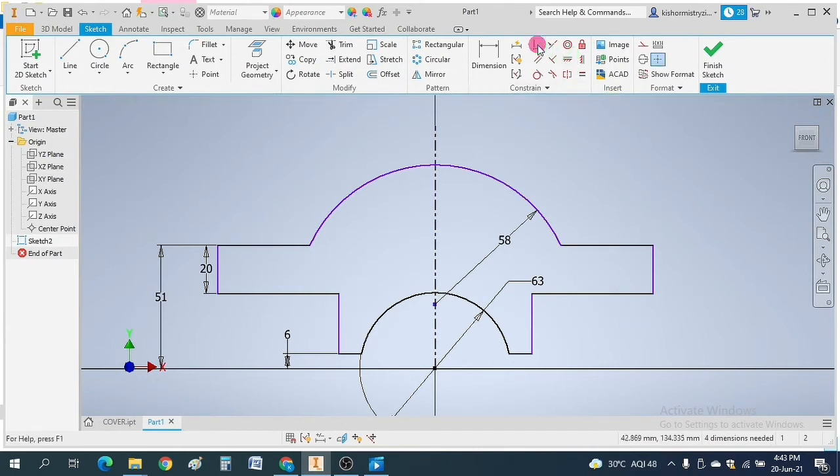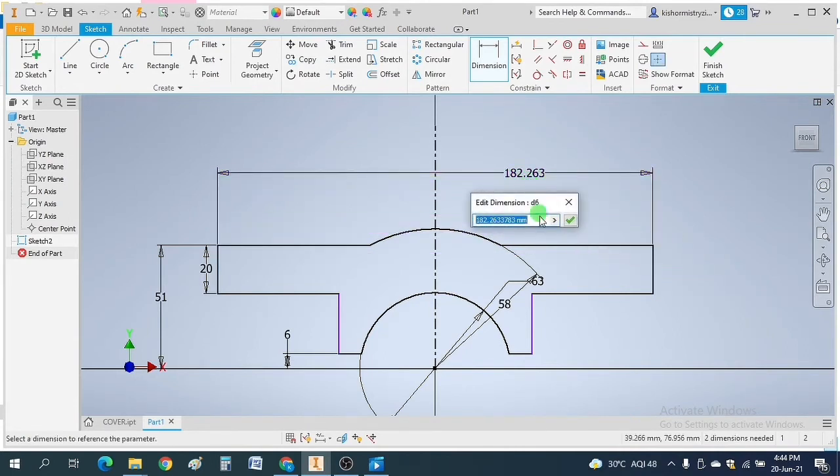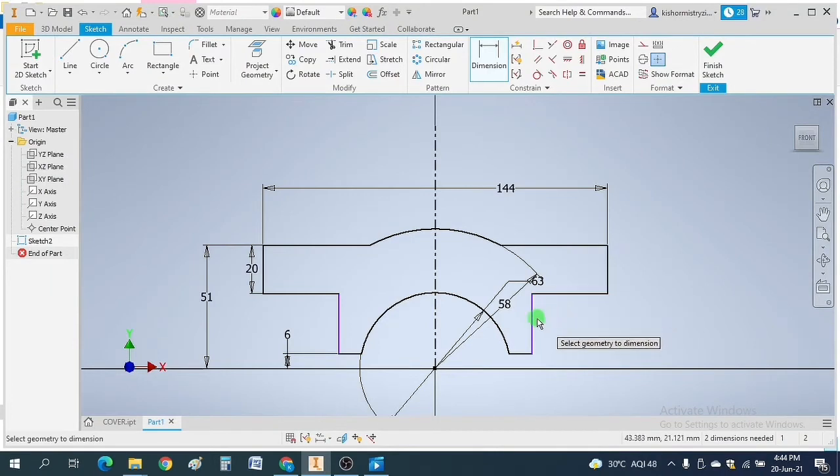Now constrain this with this. Give dimension 144. And this one to be 36. This will be 36.